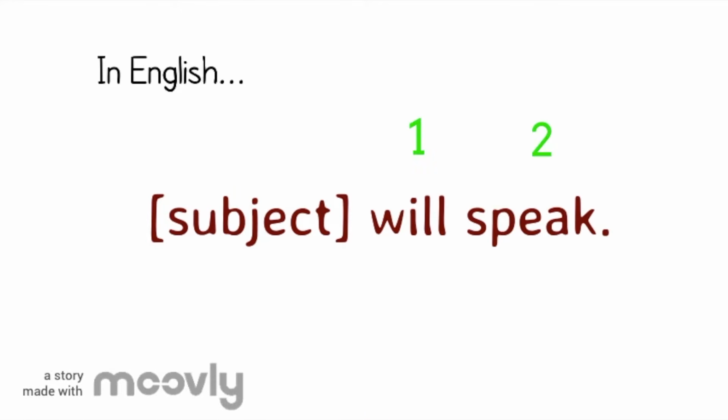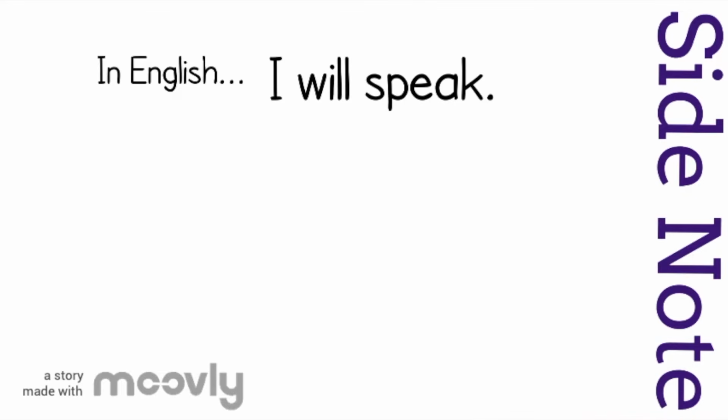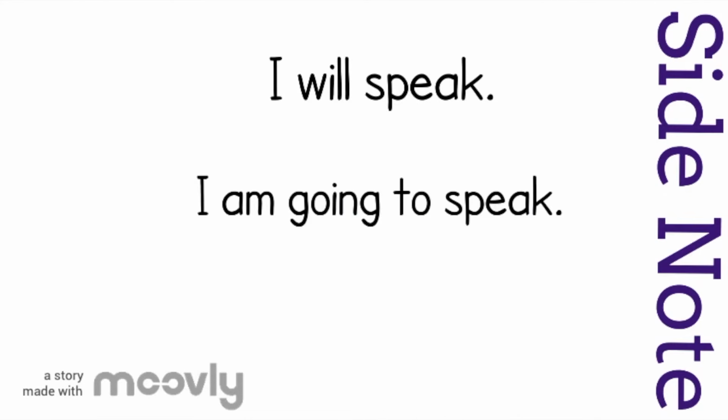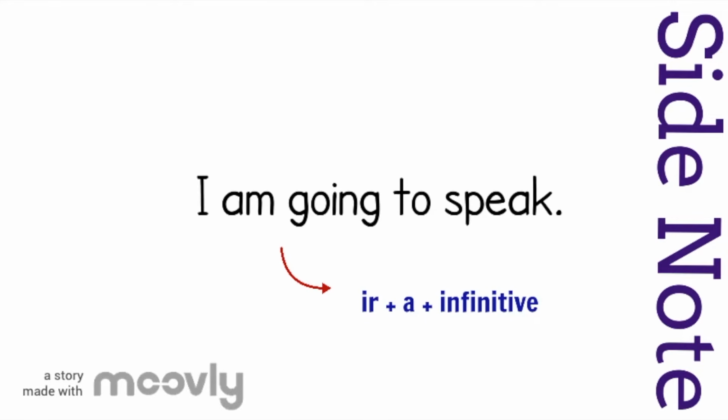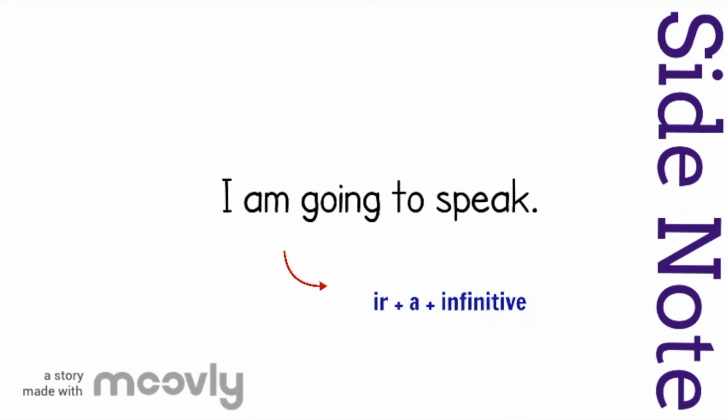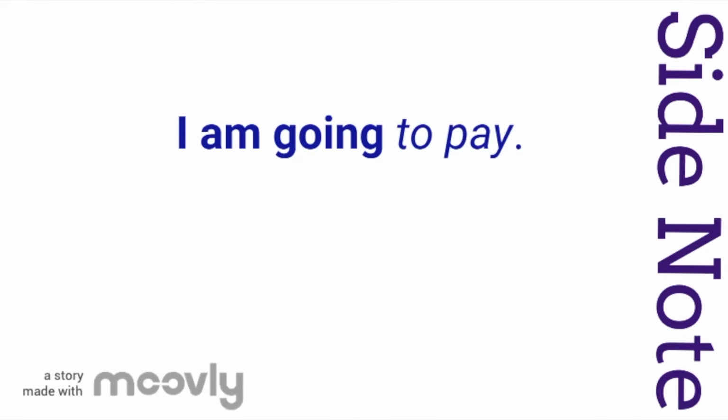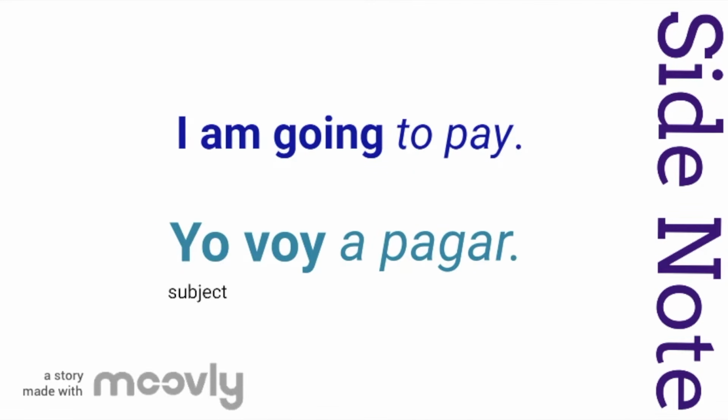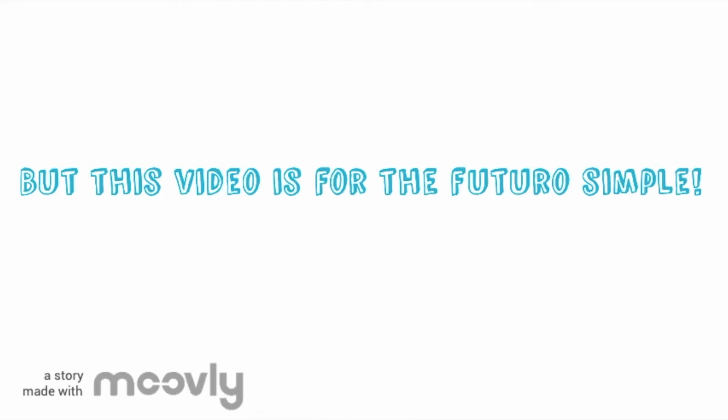Side note, even though the meanings are similar, in English there is a slight difference between the future I will speak and the future I am going to speak. It's the same in Spanish. By conjugating ir for your subject, adding a, and then using the infinitive, you are literally saying going to verb. For instance, I am going to pay in Spanish would be voy a pagar, which is a totally acceptable shortcut for the future tense. But this video explains the futuro simple, which is the equivalent of saying will instead of